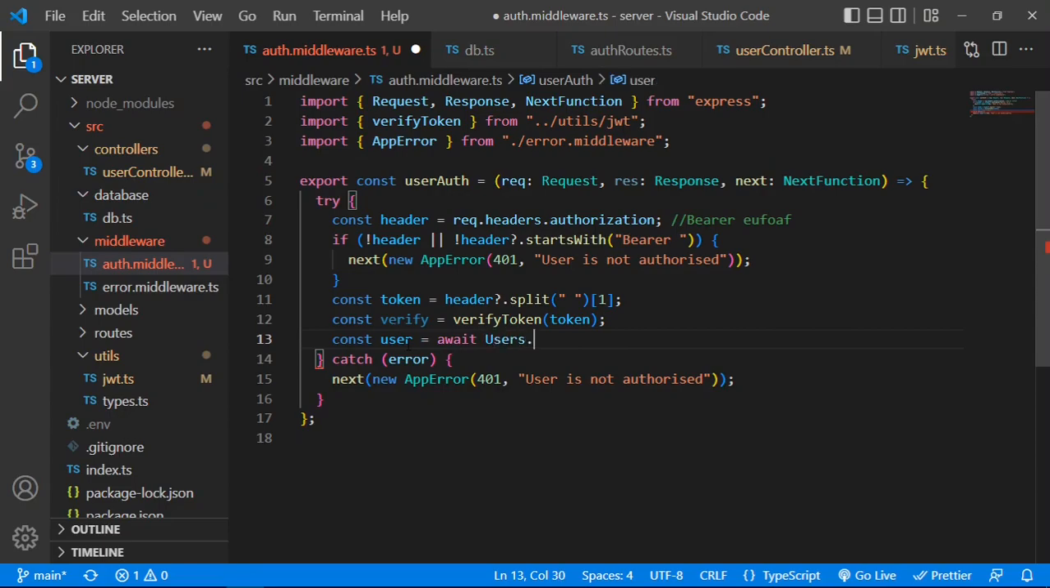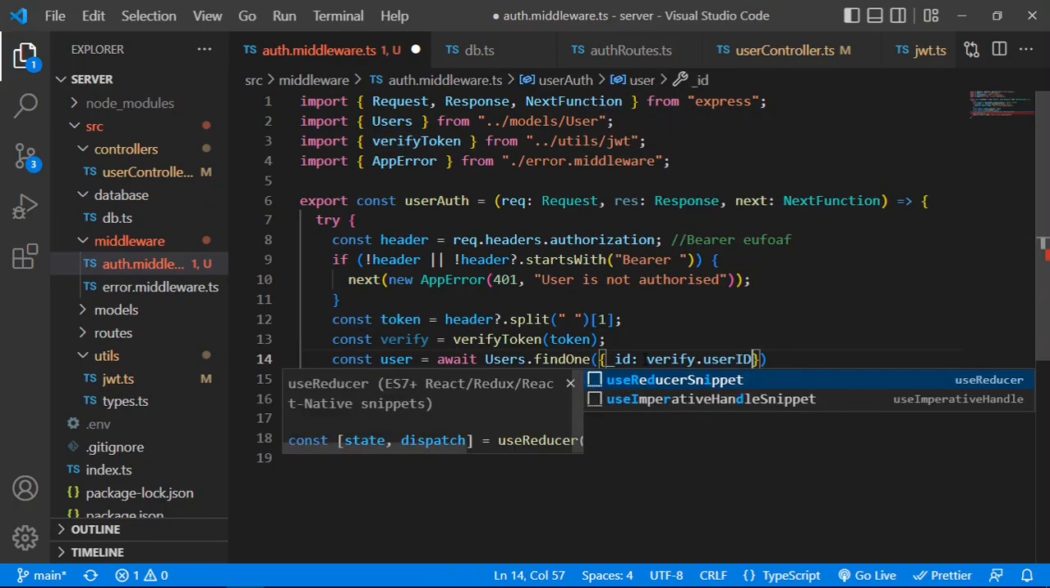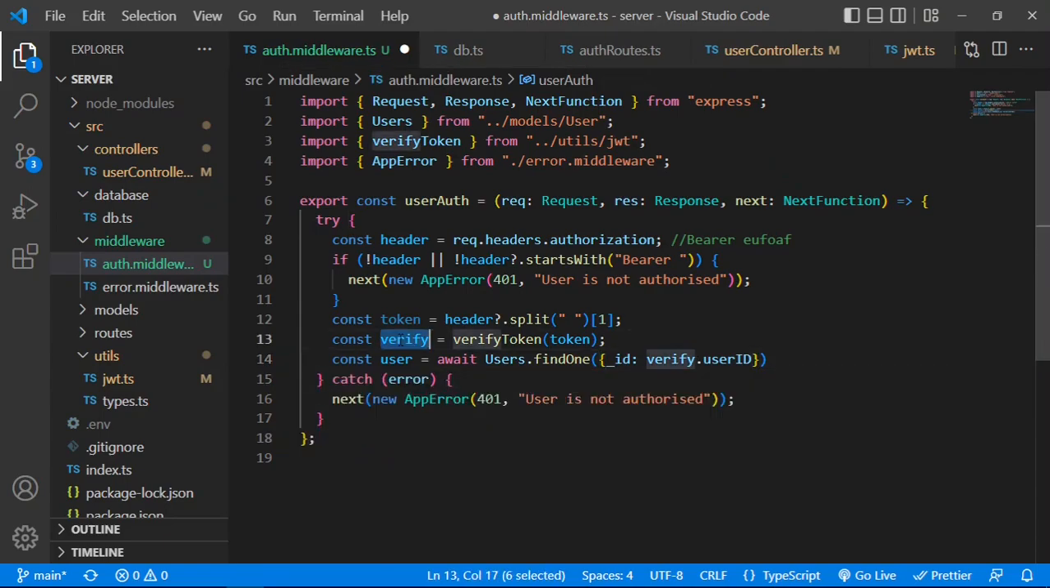Await users dot. Let me try to import it and find one. So we're going to try to find the user that has verify dot user ID. So if this verify returns that payload, it will be user ID with the value here. If you manage to grab that payload, we are trying to access this ID and we are getting that user,